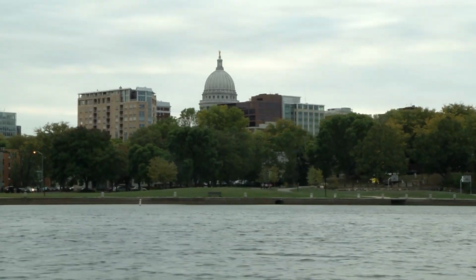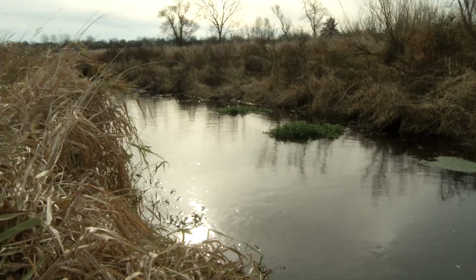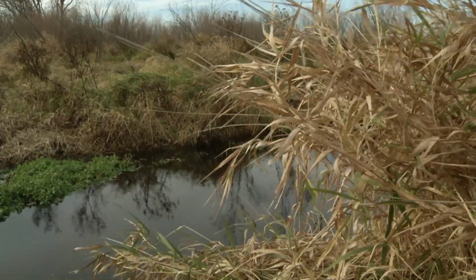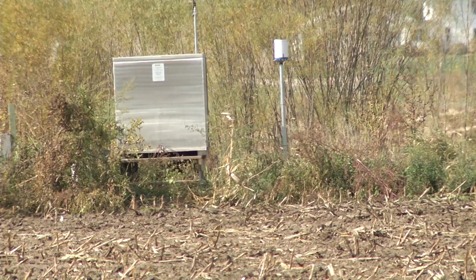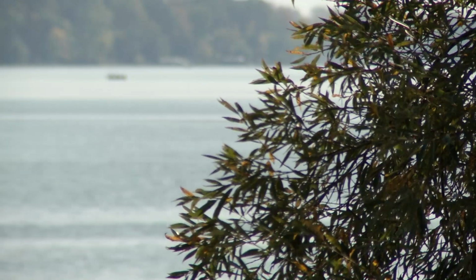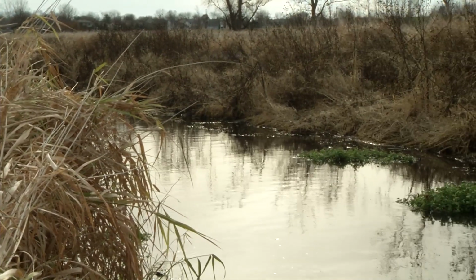The whole idea of bringing 30 municipal entities together and working in the same sandbox on a project that has environmental consequences is just absolutely fascinating. Right now, it's a 4-year pilot project in the 6 Mile Creek area north of Lake Mendota. With a willing contingent of farm producers and sophisticated USGS monitoring stations, a focused and concerted effort to make this work is underway. The hope is to move from a pilot project to a full-scale project in